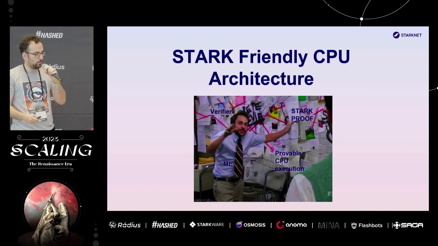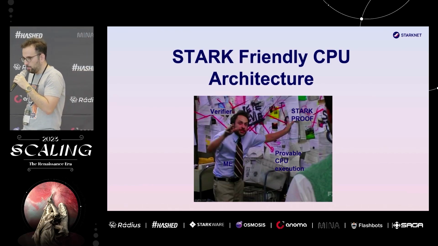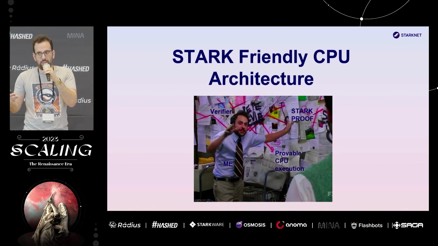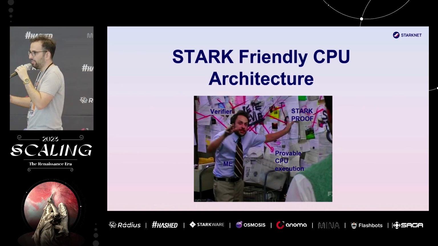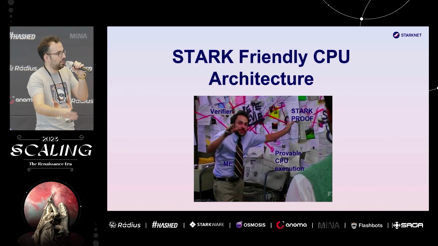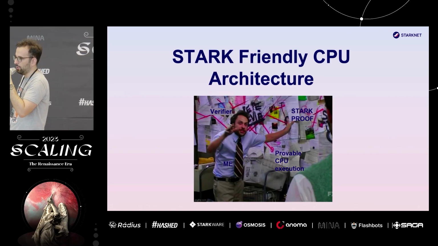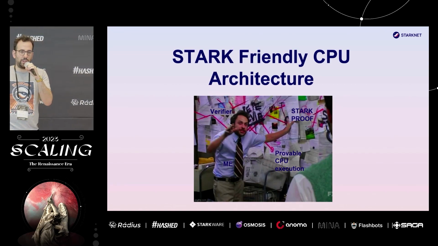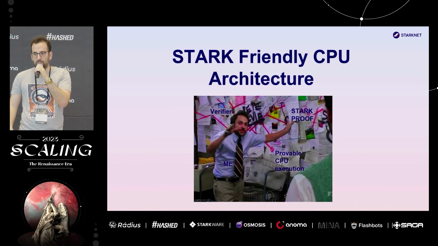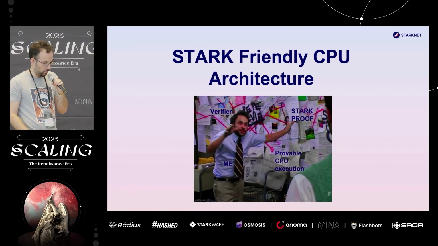So essentially 2 to 3 years ago, we developed in Starkware the Cairo VM, which is a CPU architecture which is friendly for proving. Basically, we have an instruction set where every instruction has some compact algebraic representation. If I have a jump instruction, I can efficiently say how it affects the memory and registers in an algebraic manner, and that's how I can create efficient proofs for programs that are written in this instruction set. So that's the Cairo VM, and that's the big advantage that it gives us. It is optimized for proving.